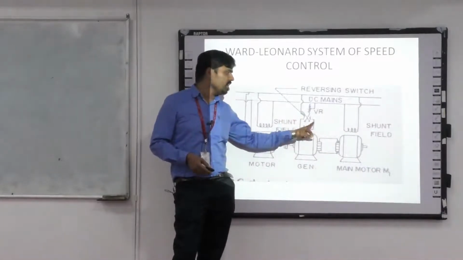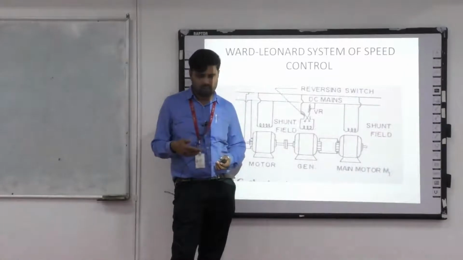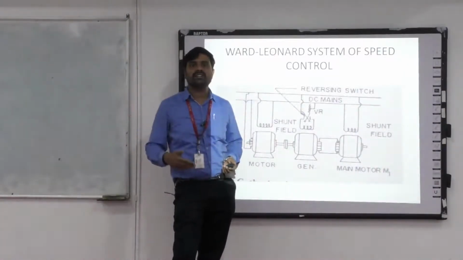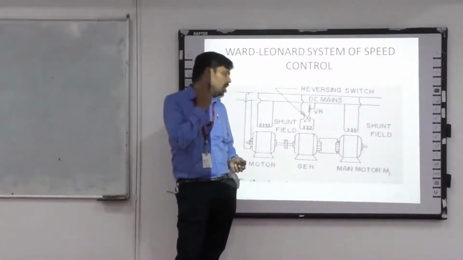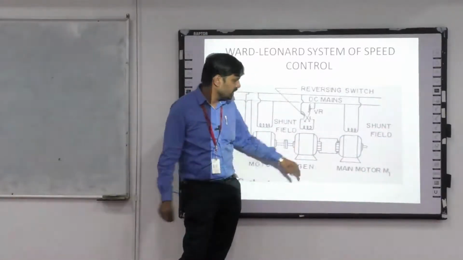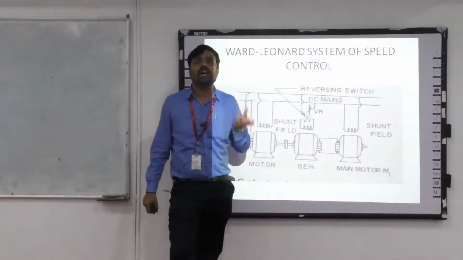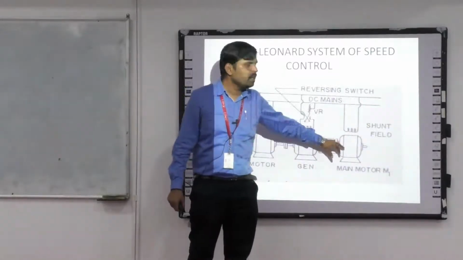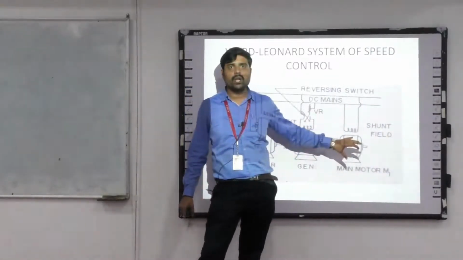I can also reverse the switch. When I reverse the switch, I can change the direction, whether I move in the forward direction or the backward direction. The entire control action is controlled by means of this generator, so this is given as the input. You see here, the generator is also taken here. The carbon brushes are used to collect the current, as I have told. From the brushes we collect the current and it is given as the input to the motor. So this motor's speed is what changes.